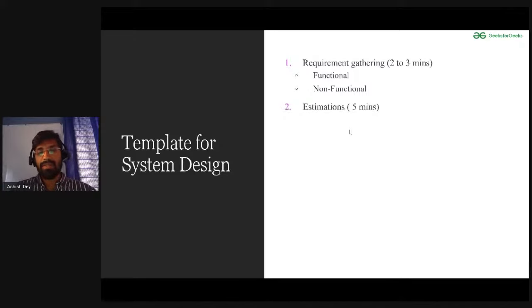Now the estimations. Most people think estimations are not so important, but that's not the case. Estimations are really important. They show how exactly you are able to ship your product. Ship meaning when you are building a product, you have to ship it to the market, right? And you do not know how many users there are going to be. So you have to estimate that these many users are going to be there, and based on that,